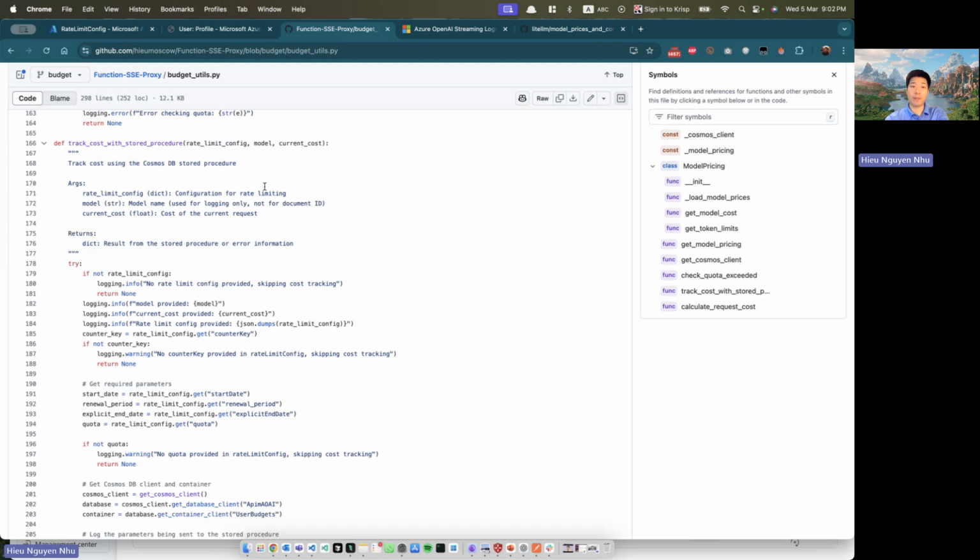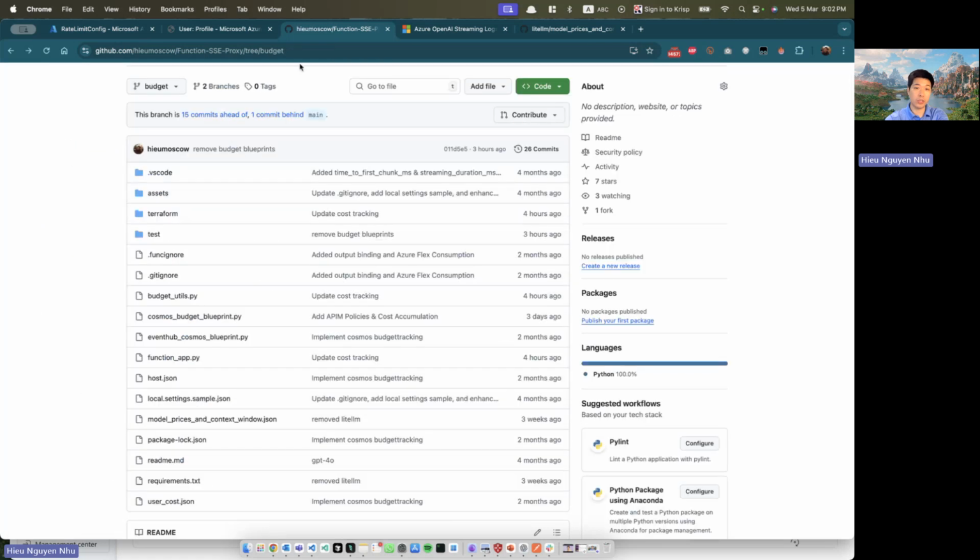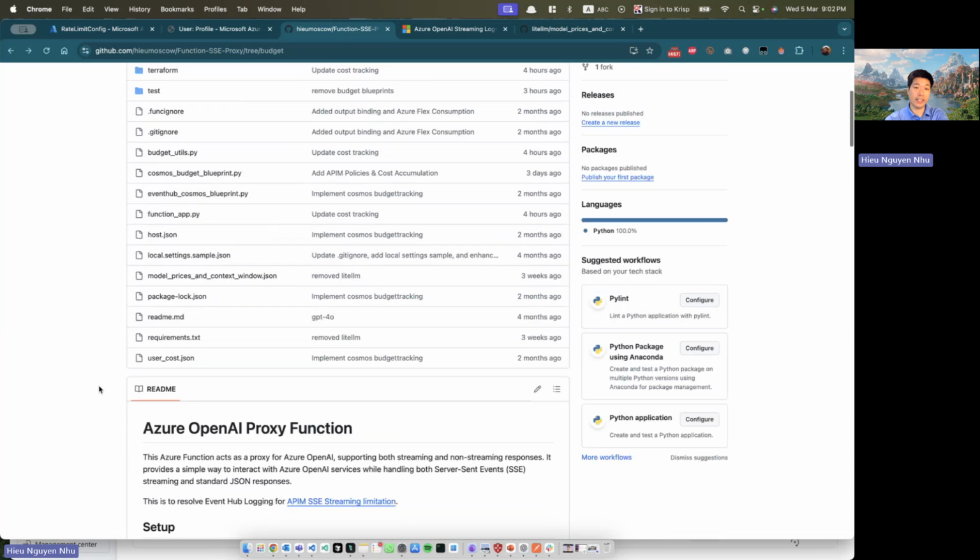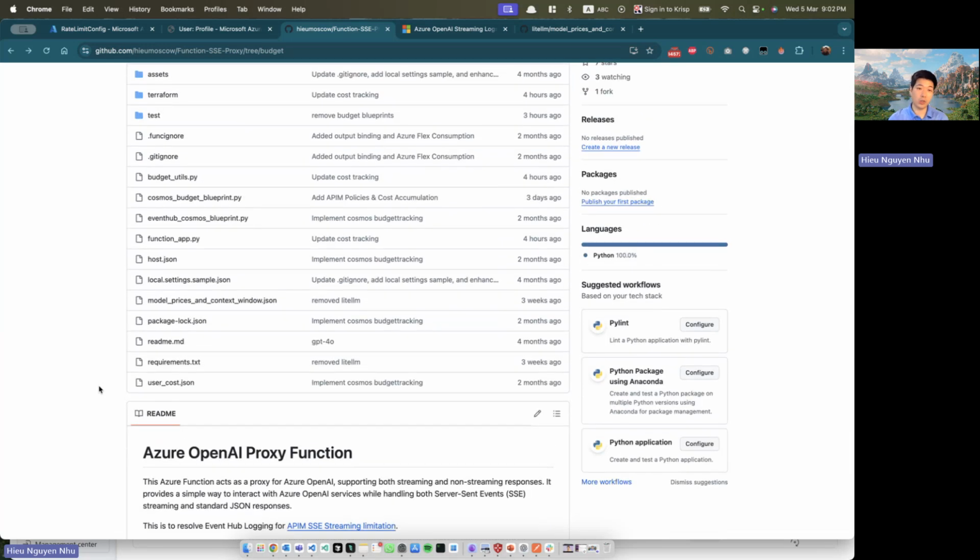All of my code is currently open source and available at the URL you see here. I hope you like the implementation, and I welcome any contributions you would like to add. With this, imagine that you can now give $100 or $1,000 to a certain department internally within your company, and then use that to control the cost of everyone who is leveraging Gen AI